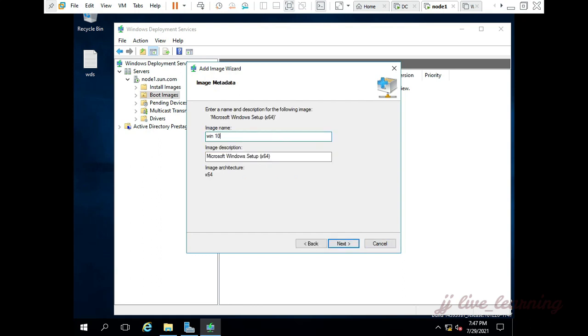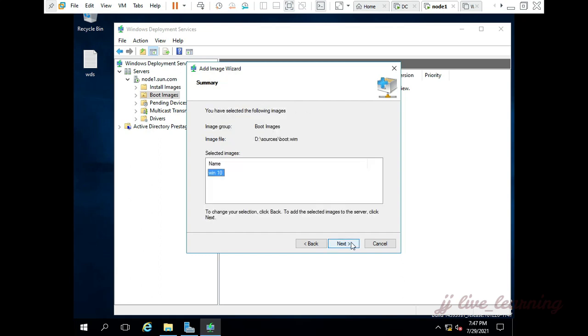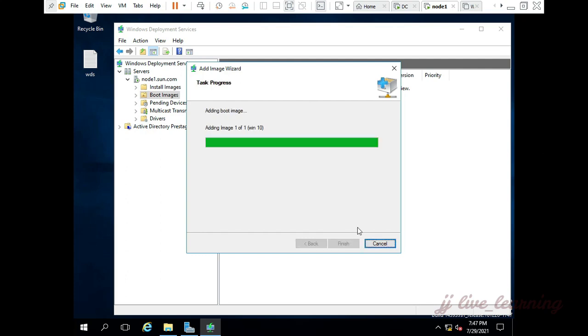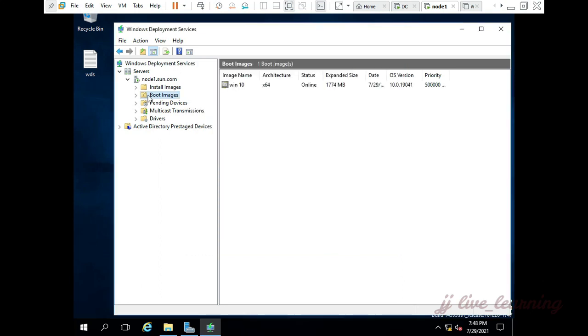I am giving the image name as Windows 10. Just give next. Now we have successfully added your image file.